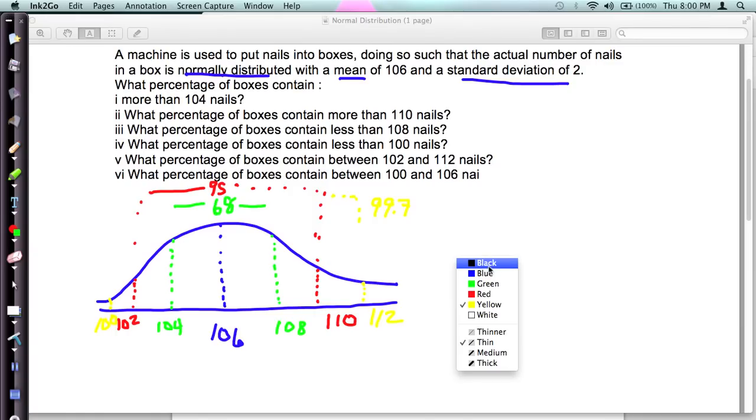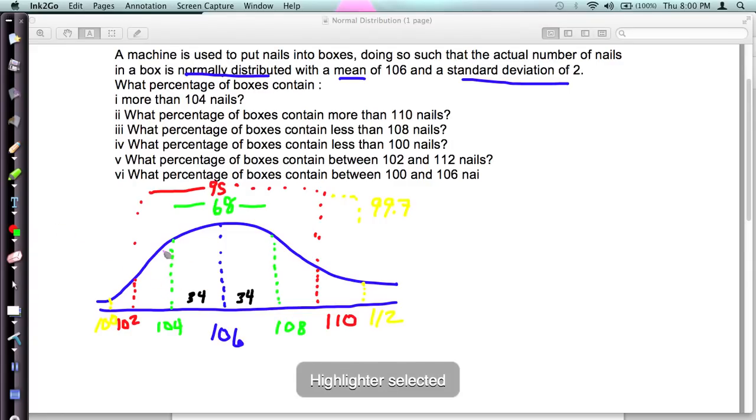Sometimes it does help to label these separate pieces. You can do it later, but if you do it now, it will help you if you have to break this up any more. So remember, if this is 68% of the data, that means each part of this to the right and left is just 34, because that's half of 68. So 34 plus 34 will give me my 68. For this piece and this piece,